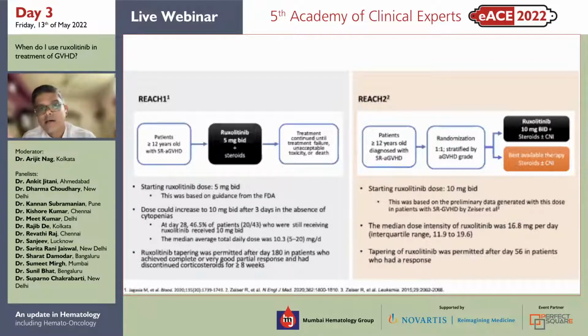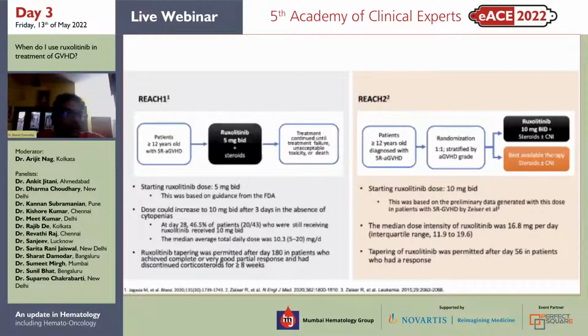Okay. Sharad sir, what would be your practice? Yes, would agree, Arijit. 5 BD is what we would start, and then try and see whether we can bump it up to 10. There's a little bit of enzyme elevation sometimes, and then you start worrying, is it GVH? Is it the drug? Again, the little drop in counts. So it is a mixture of all of them, but starting 5 BD, and then like Sunil was saying, you would wait at least 2 weeks before you say that you're refractory to the second drug.